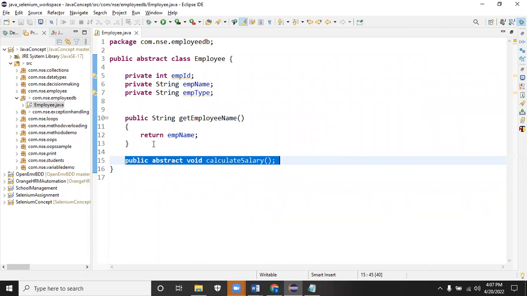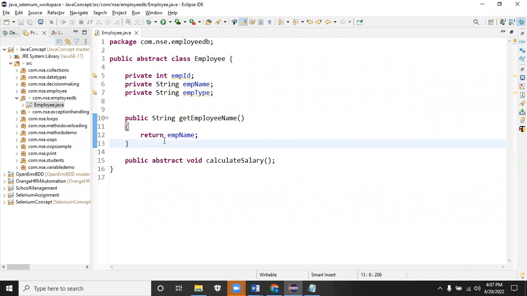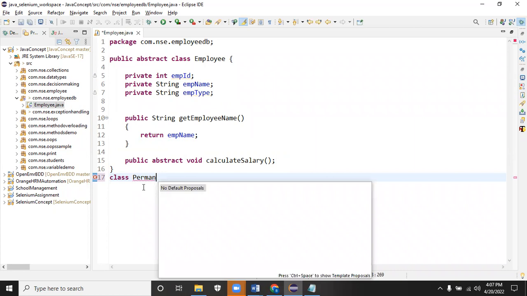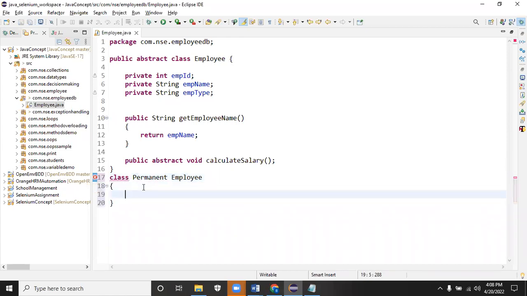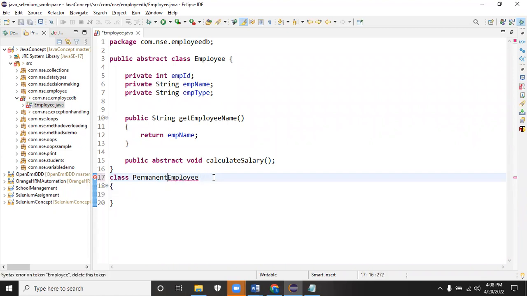So right now, we will have some set of common capabilities like getting the employee name, getting the project name. Those are all common capabilities which I'll keep in the parent class. But a few capabilities will be different. For example, a permanent employee is also an employee only. He or she is also an employee only. The permanent employee will have to use some features from the parent class. Permanent employee can use extends